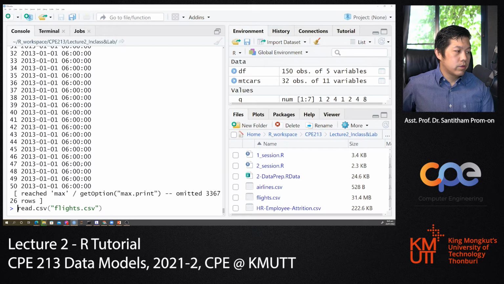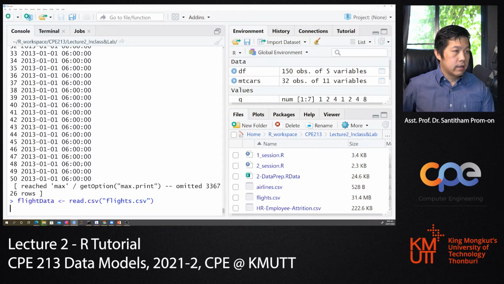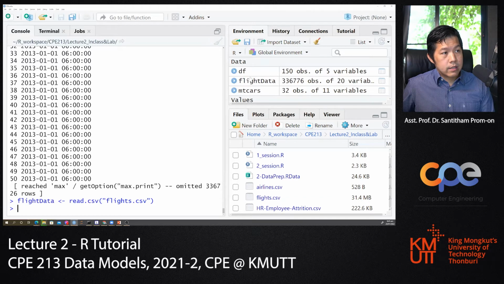If you want to get the old command, you can just use the up and down arrow keys, and it will get the old command for you. Read the CSV flight data and assign it. Now we have this flight data coming up here. You can see here there are